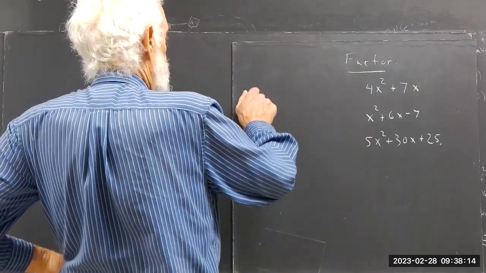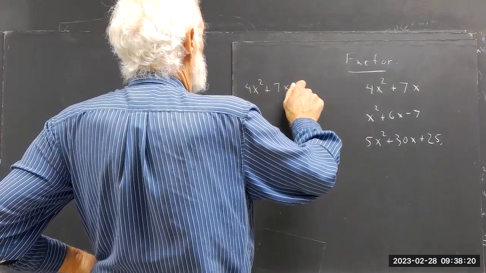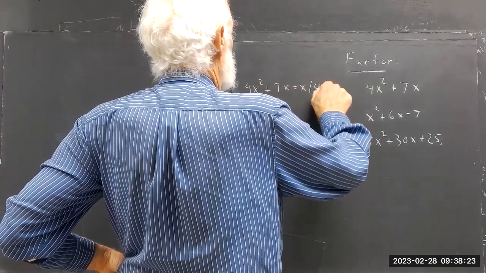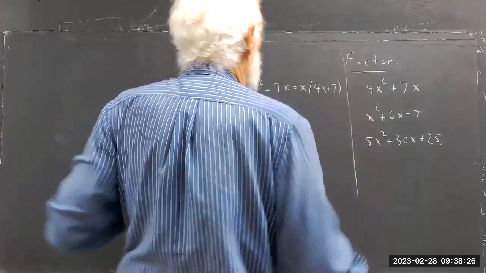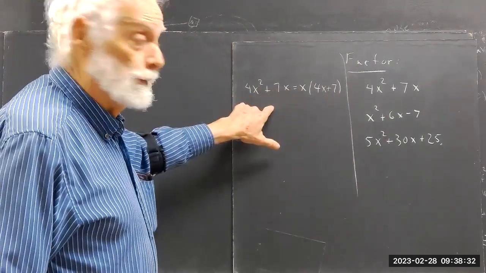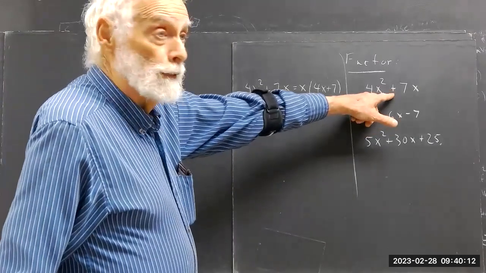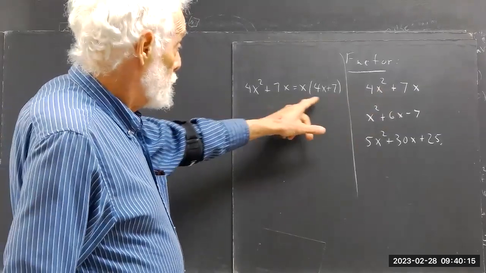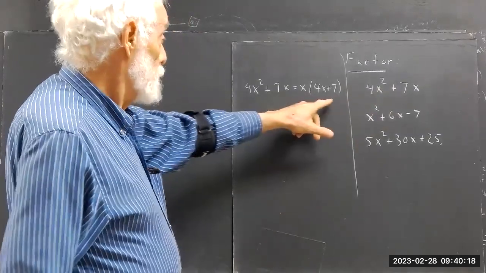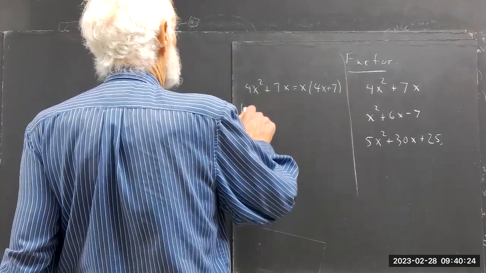4x squared plus 7x equals this. So what I want you to do is multiply this out and show me step by step that this is the same as this, okay? When I factored this for you, which I did here, and then asked you to multiply it out, you found that the distributive law tells you that this is the same as this. Okay? This is true because